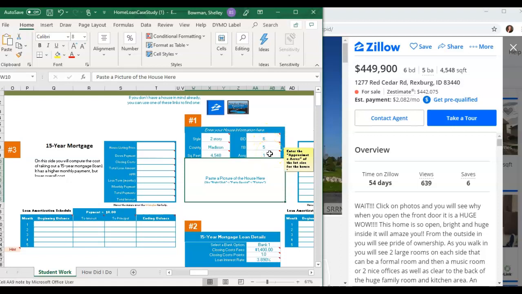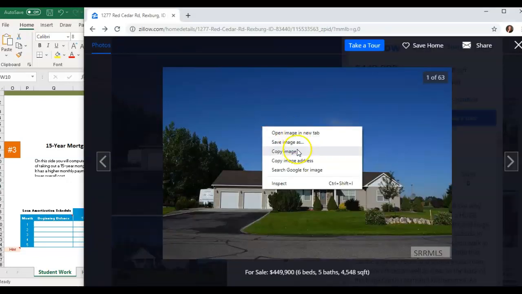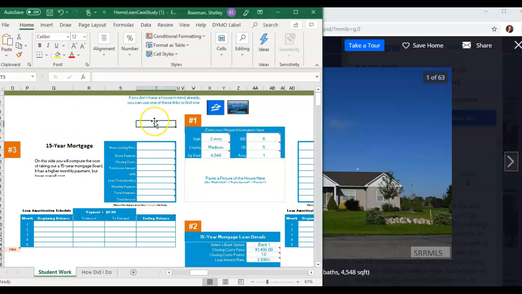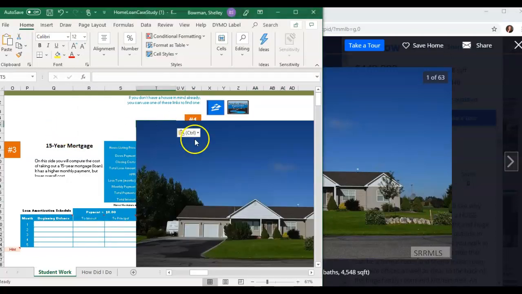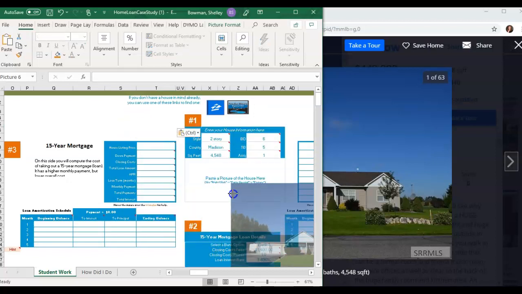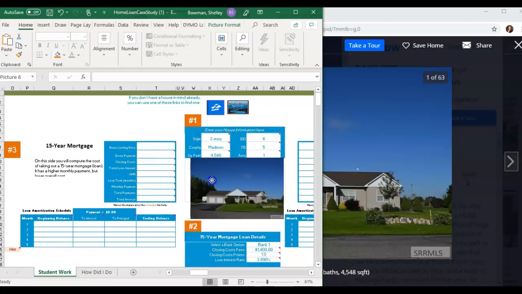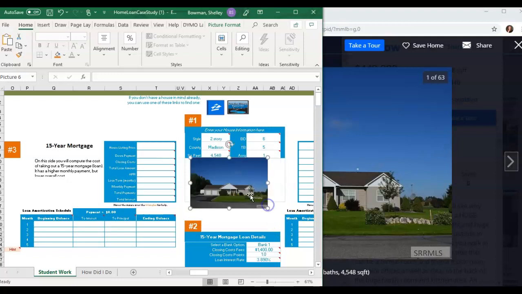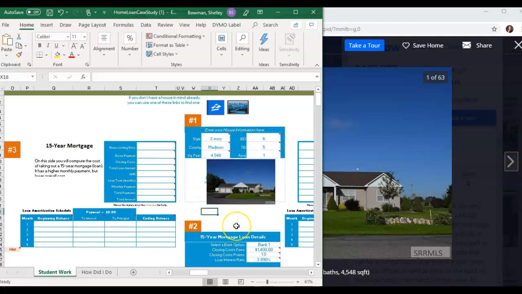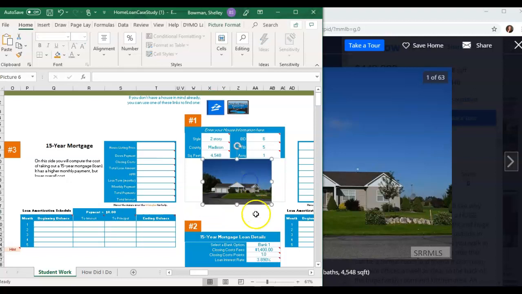approximate square acreage. Then to give us a picture of the house, you'll notice if I try and paste into this text box here, it actually doesn't paste very well. So I'm going to come over here, copy the image, and just paste somewhere in the document, and then size it down and just move it into this text box. You don't have to try and actually paste it inside there. There we go. Okay, really easy points to earn and kind of silly to leave it, so make sure that you get in